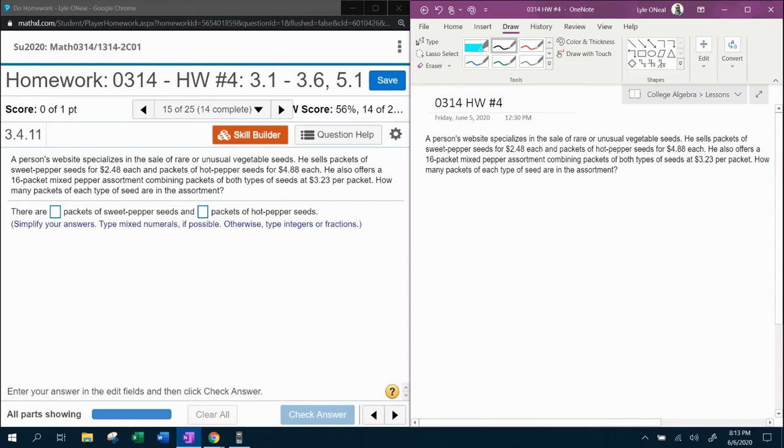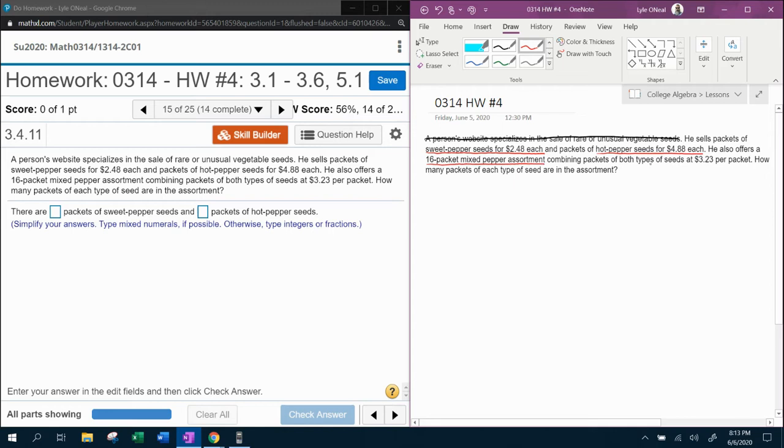Let's break it down. It says a person's website specializes in the sale of rare or unusual vegetable seeds. All of that is irrelevant, okay? He sells packets of sweet pepper seeds for $2.48 each. Okay, that's important. And a packet of hot pepper seeds for $4.88 each. Again, that is important. He also offers a 16-packet mixed pepper assortment,